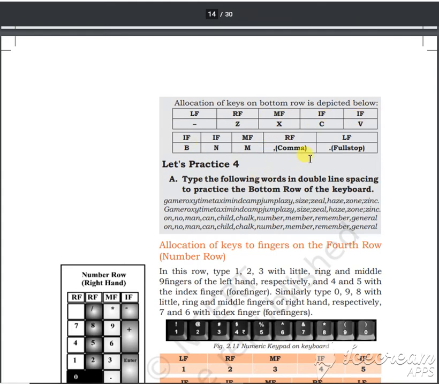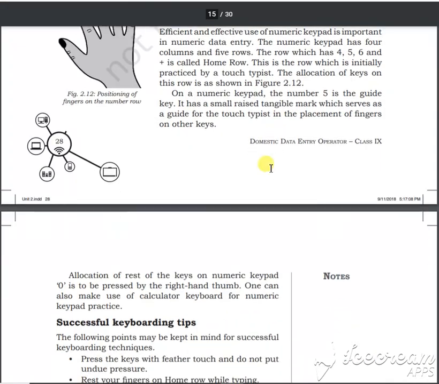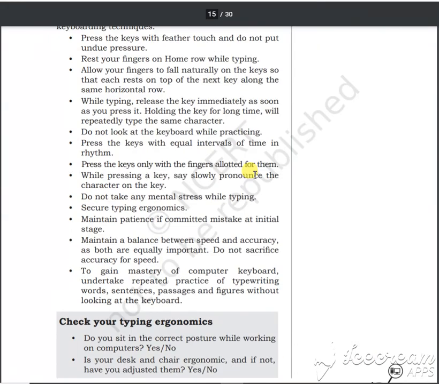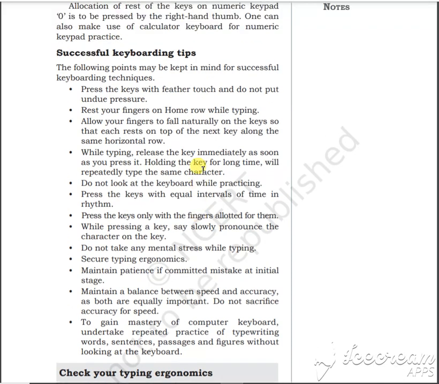Okay, how will you do full stop and comma? Comma with the right finger, full stop with the left finger. So this is how you are going to place it. That means it is a concept of how you are going to do the thing. And a successful keyboard tip is that you should press the keys with a feather touch. Don't give your whole body pressure. You should do the work in the horizontal